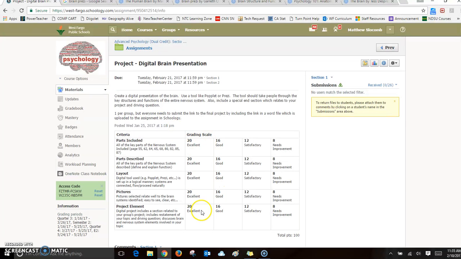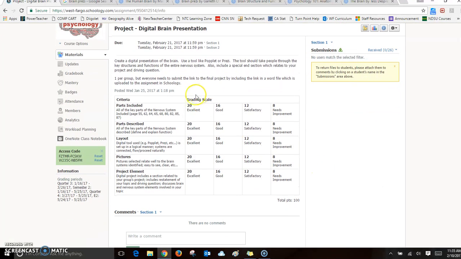Now this is the rubric that I'm going to use to grade the assignment. It basically describes all of the things that you need. You can use a tool like Poplet or Prezi to complete this. The tool should take people through the key structures and functions of the entire nervous system. So you see right here it says page 55, 62, 64, 65, 68, and so on. Everything that's on the graphics on those pages needs to be addressed in some form or fashion in your digital